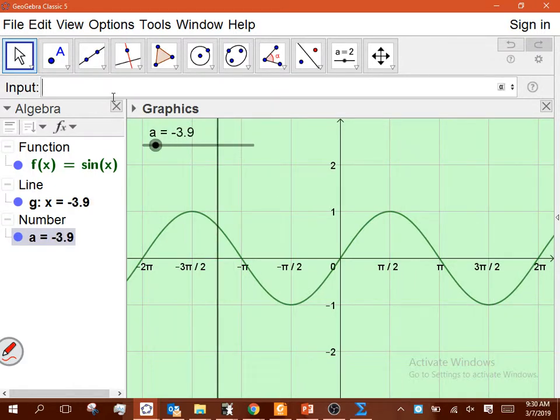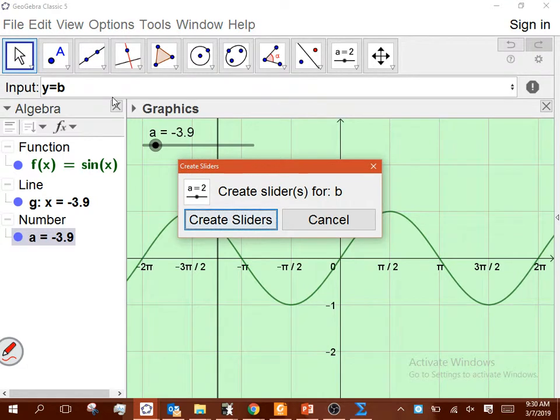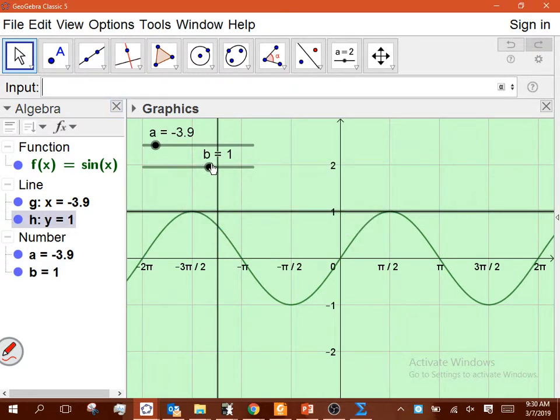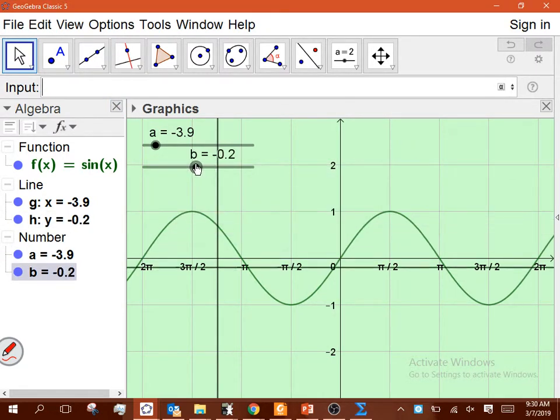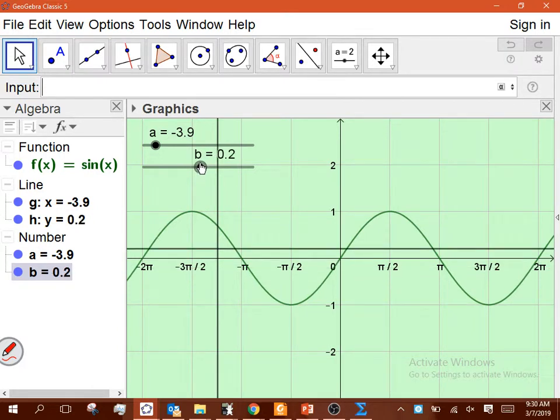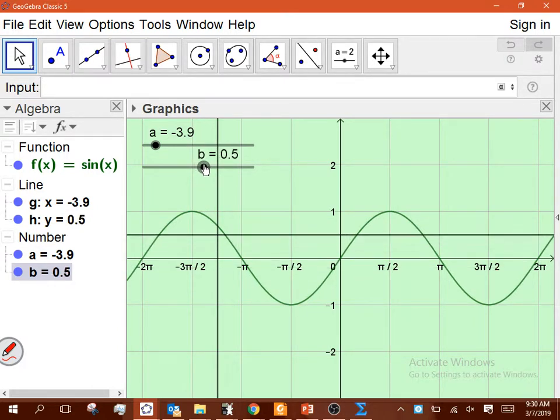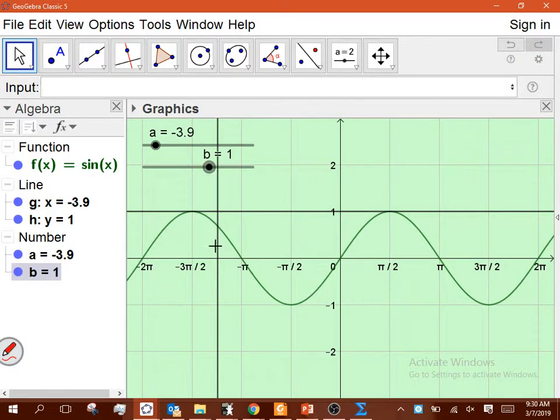Does the sine function pass the horizontal line test? No. So this thing's not one-to-one, meaning that, if you remember, one-to-one meant that every y value is paired with only one x value. So if I say, hey guys, what's the x value that goes with y being 1? Are some of you going to say pi over 2? Are some of you going to say negative 3 pi over 2? Are some of you going to say 5